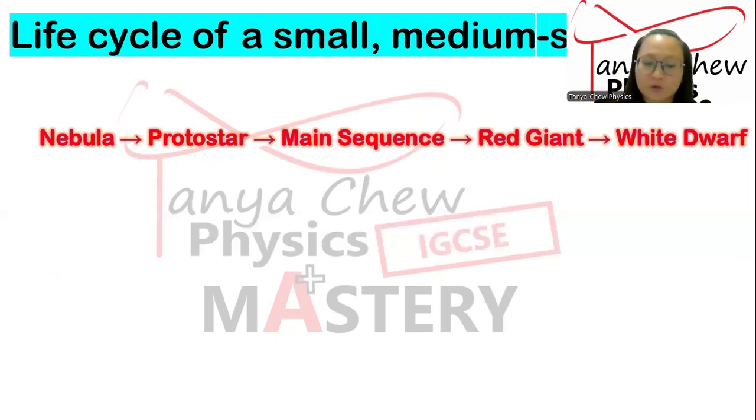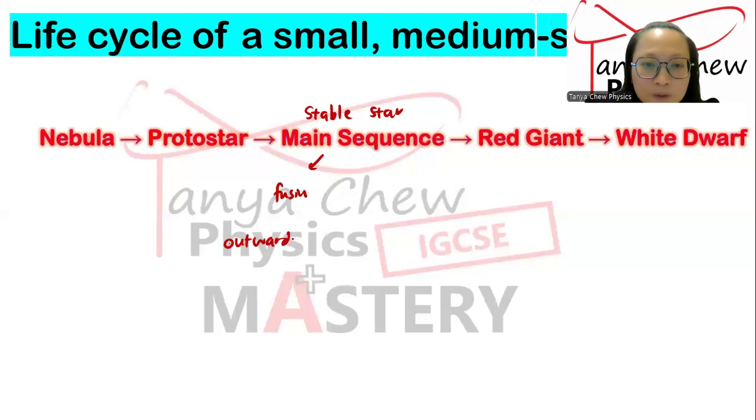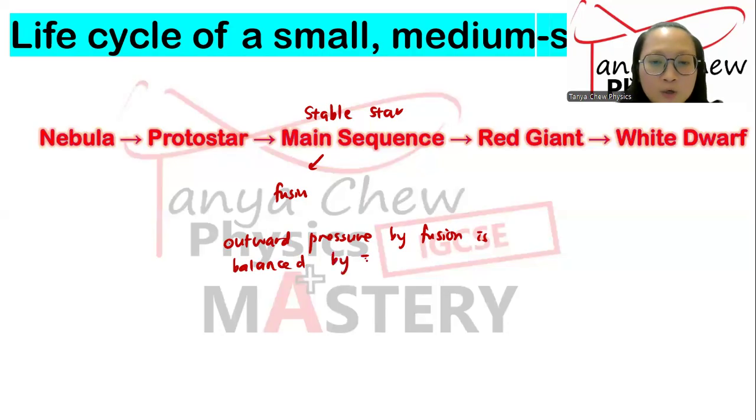Main sequence can also be called stable star, right? Why is it called a stable star? This is very important, because of the process of fusion. Remember, just now I defined fusion. I said fusion gives out a large amount of energy outwards. The outward pressure caused by fusion is balanced by the inward pressure due to gravity,